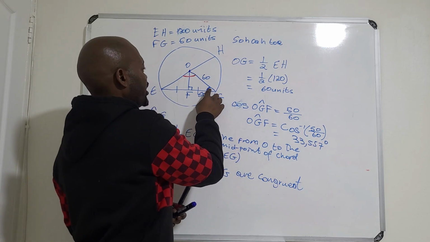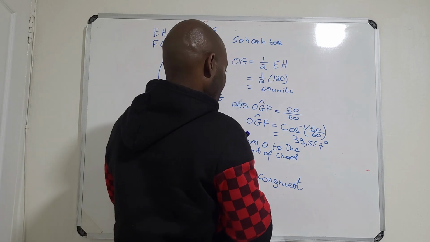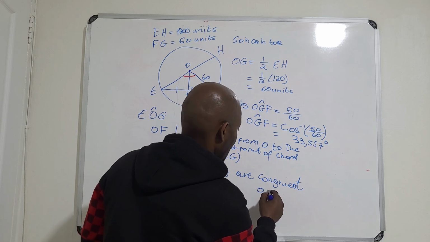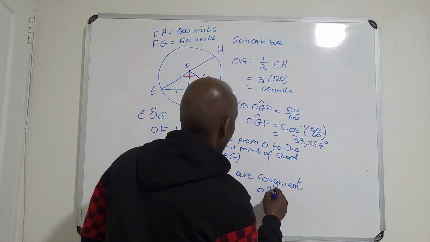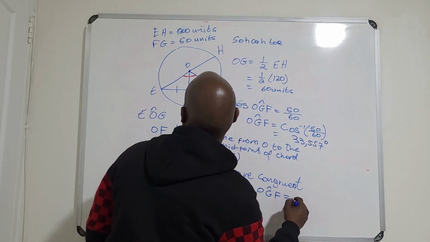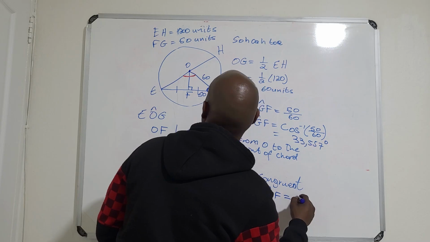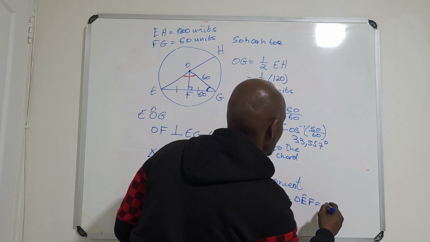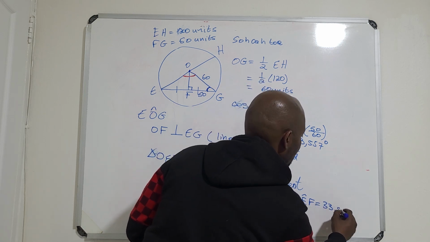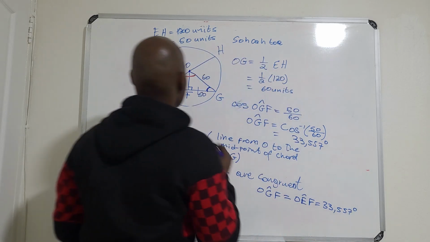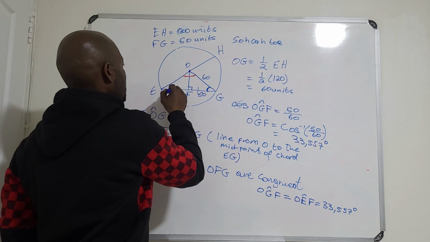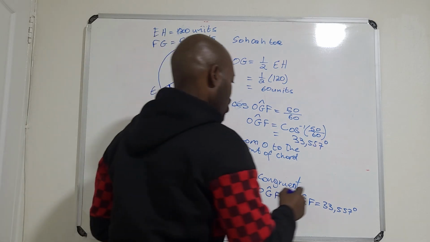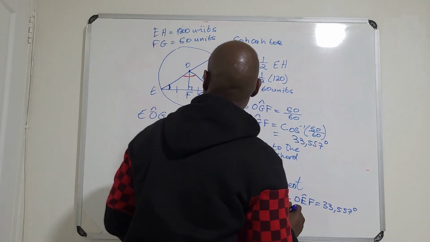Now, we got this angle here, and we can just conclude to say that angle OGF is equal to angle OEF, equal to 33.557 degrees. Therefore, this angle is equal to this angle there. Why are they equal? The reason for us to say this is that